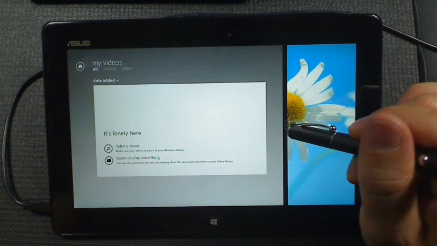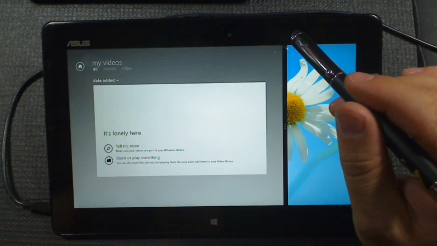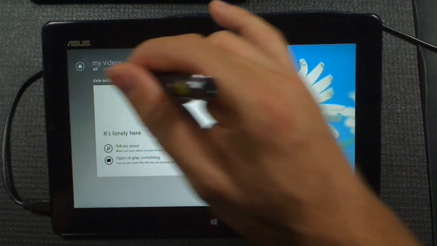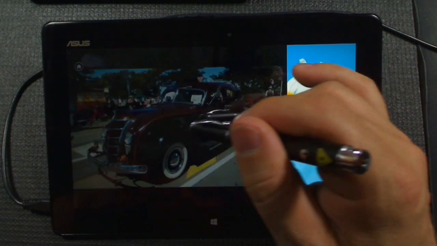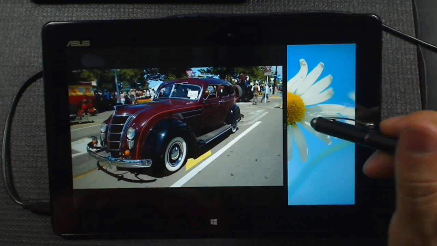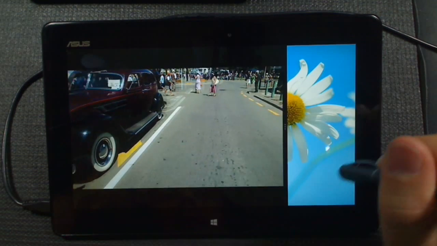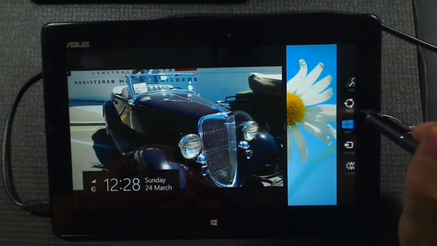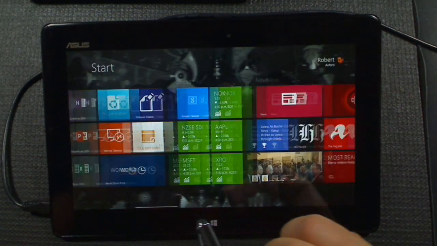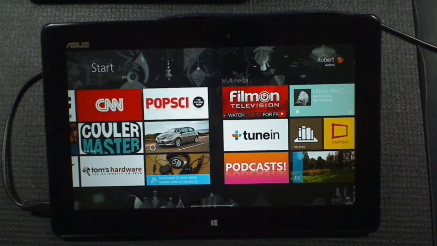Let's open that video. Come on, I just opened it. There it is. Okay, so let's open that video. While that's running, let's go back to the desktop and